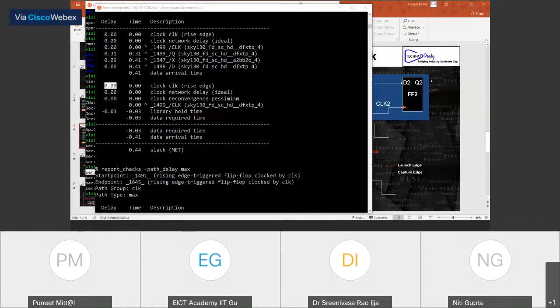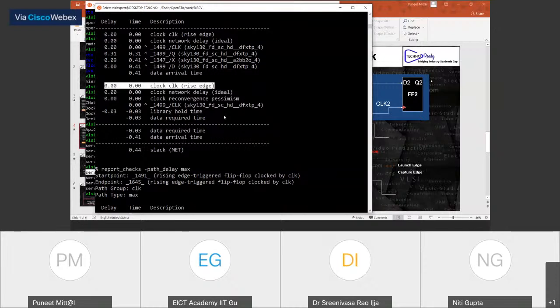We are just going to discuss the single cycle path. So that is another difference. This is the third difference you can figure out: right now we are talking about the same edge. That means this is basically the hold. You can see now we are talking about the hold. That's the difference we were talking about, and that's the difference you can see here.